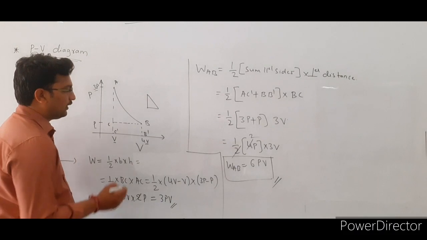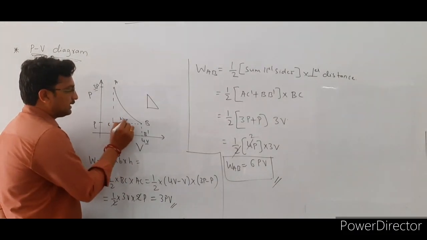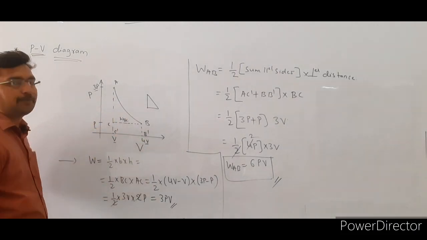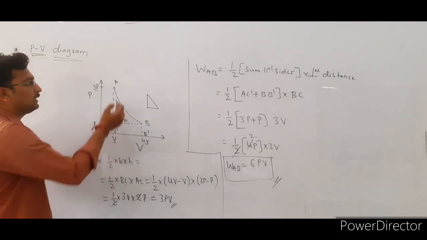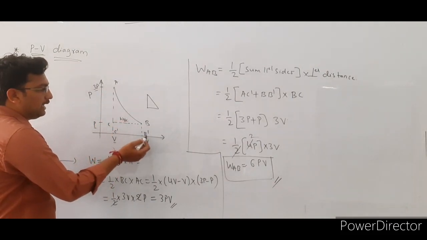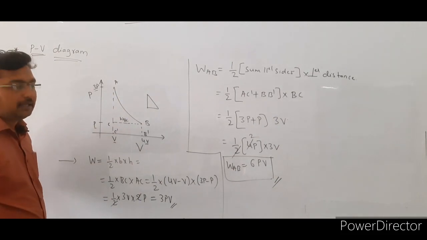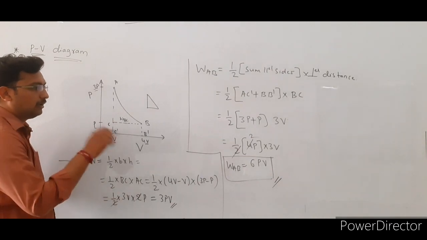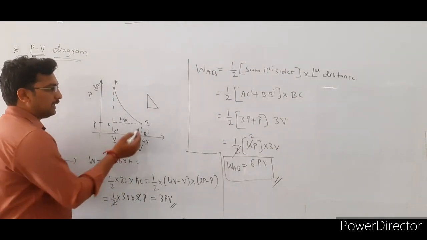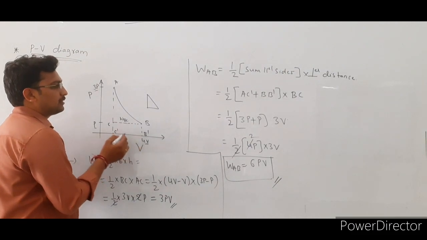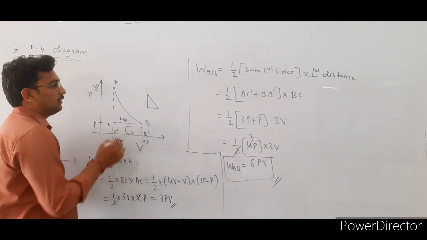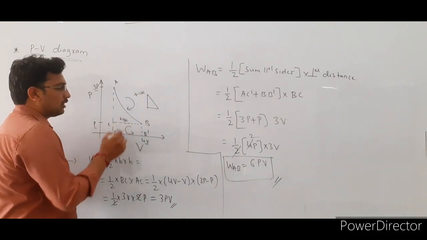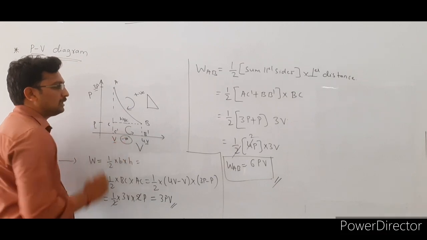Next, we are going to find out what is the work done along BC. In this case, first we have to consider the closed path. Initially we considered the closed path A, B dash, C dash, E. In the second case, while calculating the work done along BC, we consider the closed path B, C, C dash, B dash. This is in anti-clockwise direction. The first one was in clockwise direction, that's why the work done was taken as positive. Now it is anti-clockwise, so we take the work done as negative.